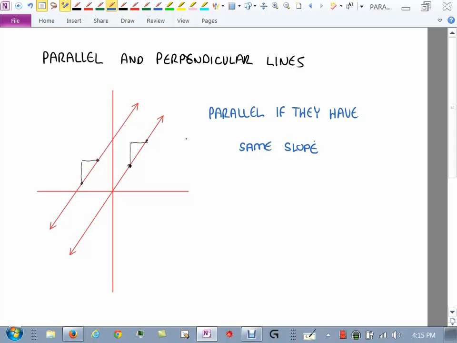Now I need to be able to write it a little bit more in mathematical terms. If we call this L1 and call this L2, L1 meaning line 1, L2 meaning line 2, then to say that they're parallel lines, we're saying that their slopes are equal, right? Slope, what was the letter we used for slope? M. So another way of saying what I just said is that M1 must equal M2. Does that make sense? The slope of the first line must equal the slope of the second line. That's what it means to be parallel.